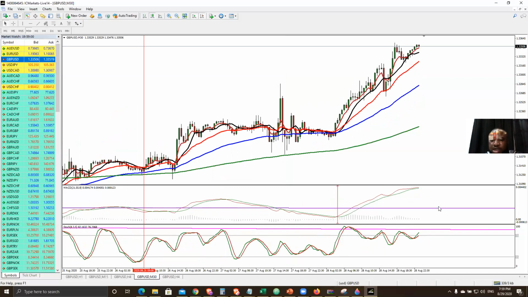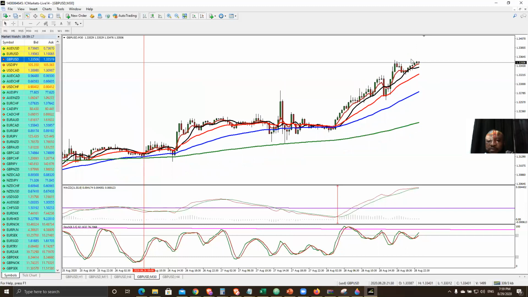And then my trigger will be for price to come down to this 20 area on the stochastic. Until the stochastic comes down to the 20 area, there's no need for me to buy and cross back up. So there's no trade opportunity for me here using this technique. Until I see that, I'm not going to be looking to buy. So that is my take on that. I will be careful. I want to see price retracing down a little bit, right? And then I can be a buyer,